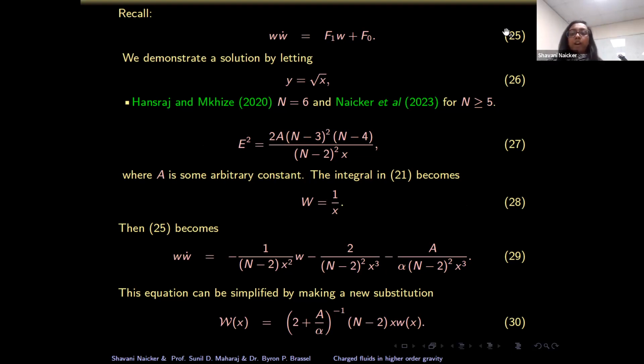And equation 25 reduces to the form 29. So this equation is still first order and nonlinear. However, the functions f1 and f0 are functions involving only the variable x, simpler functions involving the variable x. Now in this form, equation 29 can be solved if we further make a new substitution 30, which